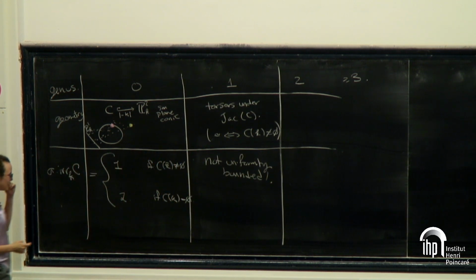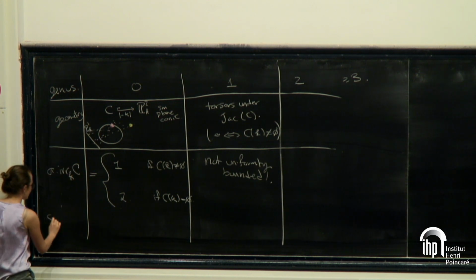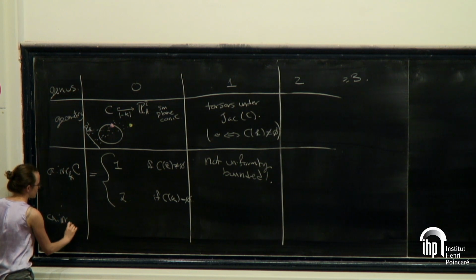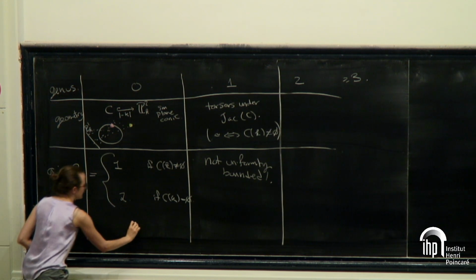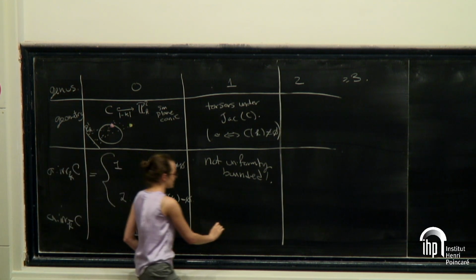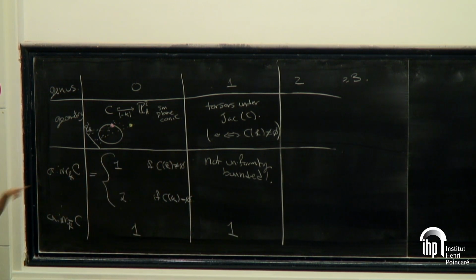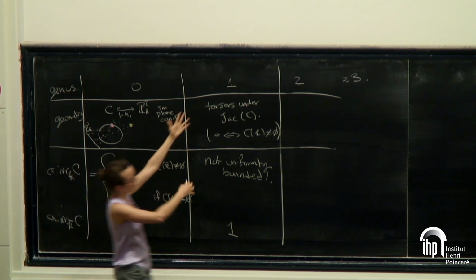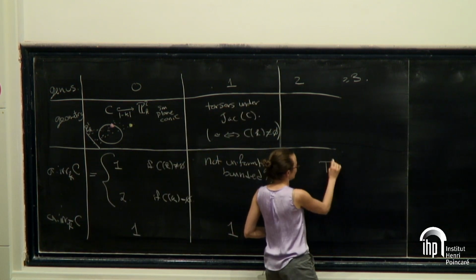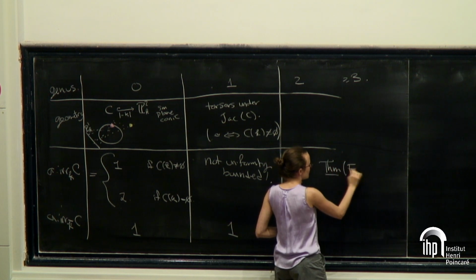It's always otherwise bounded by the absolute value of 2g minus 2. But over k bar, this sort of geometric version, well, it's 1 in this case, as we just saw, and in this case, it's also 1. You can use the theory of heights and the Mordell-Weil theorem to prove that. But the situation is starkly different when I go to these higher genus cases, and this is, of course, Faltings' famous theorem,